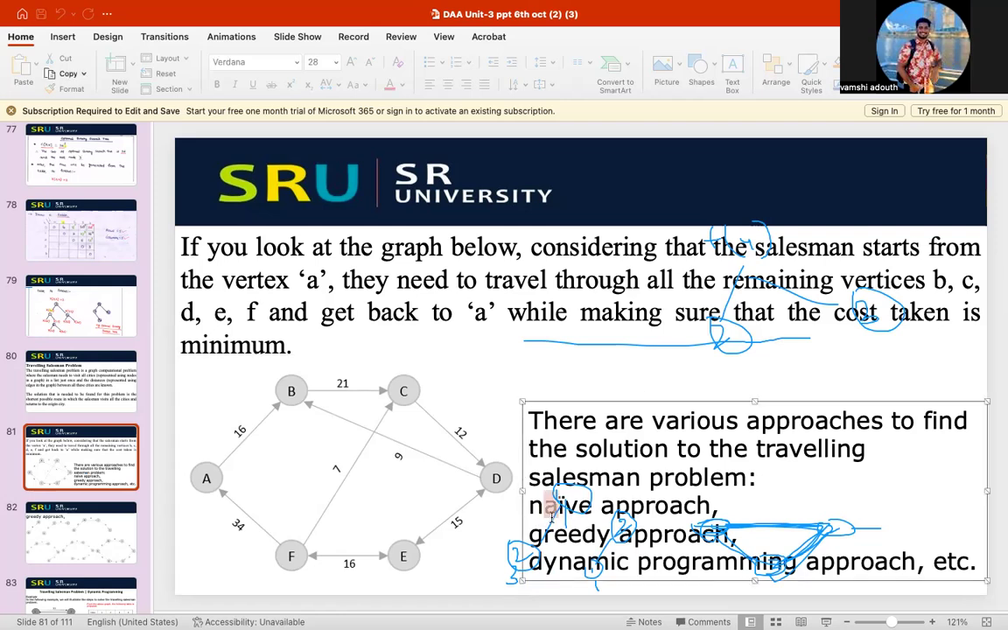Naive approach, we can solve this problem by greedy approach, if we divide this graph. So basically what is greedy approach? Greedy approach is a divide and conquer approach. It divides the problem into subproblems and it combines the solution. Therefore, through dynamic programming approach,